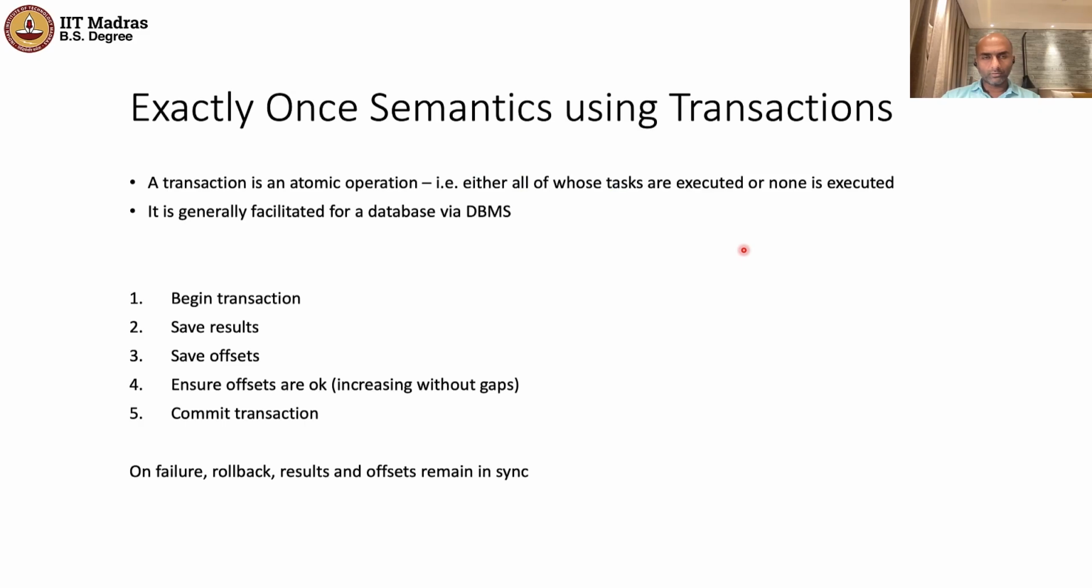In the previous video, we looked at exactly-once semantics using idempotent operations. But what if your operations are not idempotent? Like we spoke about the example with running count as one such example. So to generalize how you can look to achieve exactly-once semantics, you can use the concept